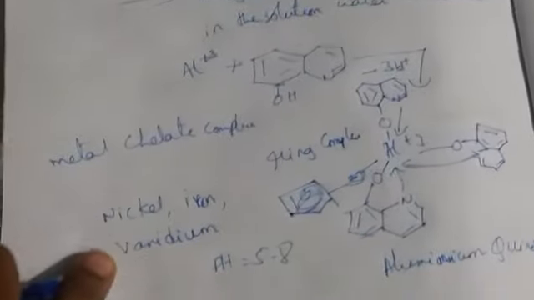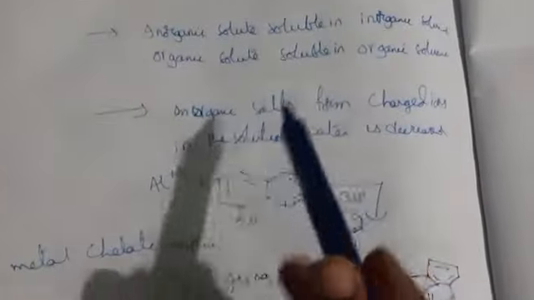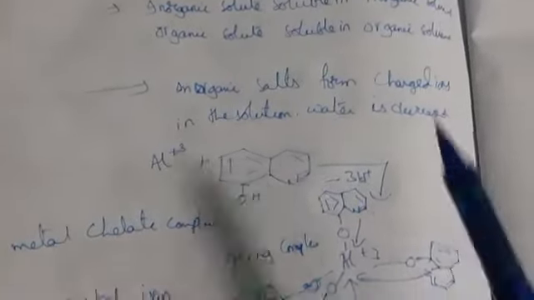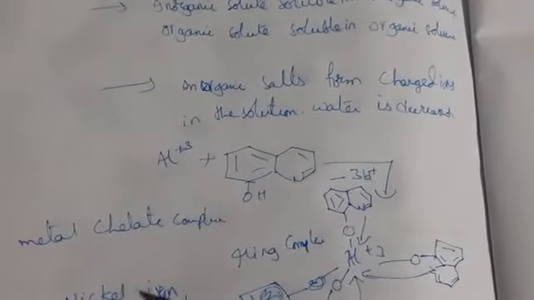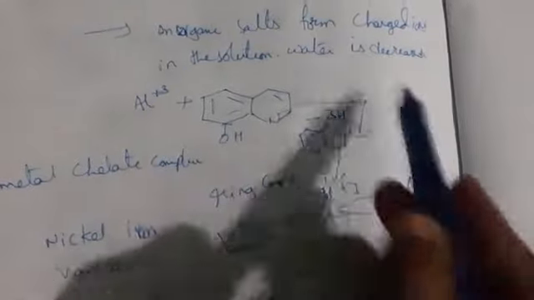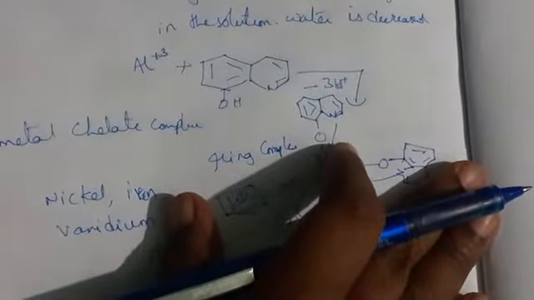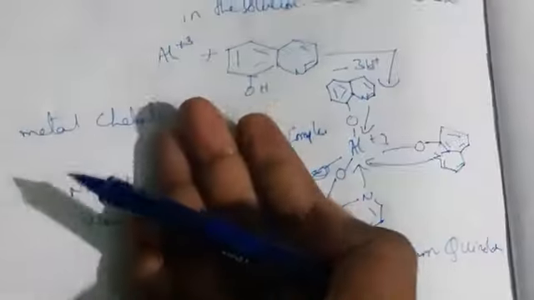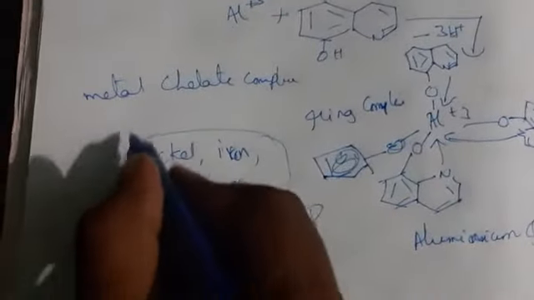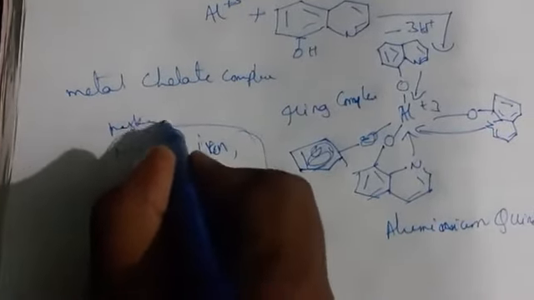The masking agent is nothing but what is known as a complexing agent. The inorganic solute will be soluble in inorganic solvents, and the organic solute only in organic solvents. The metal will form a metal chelate complex, and this is extracted with iron by using what we call masking agents mainly. So we are using another agent for extraction, which we call masking agents.